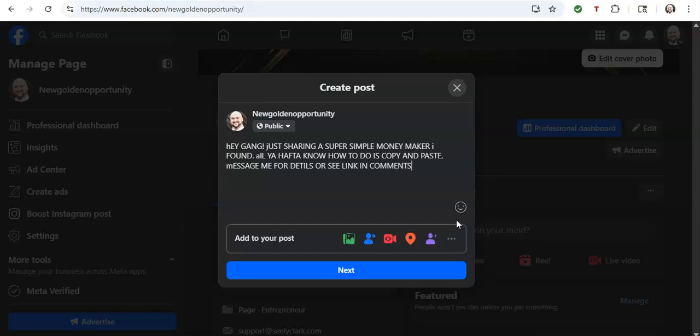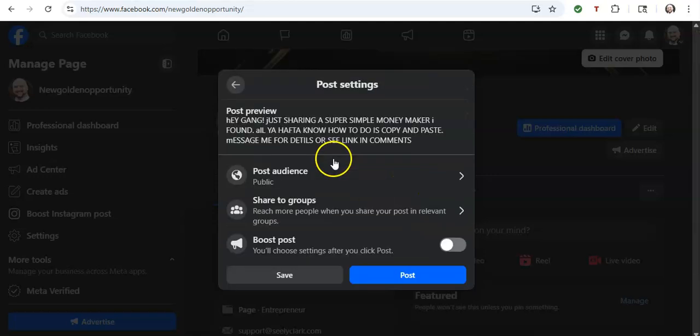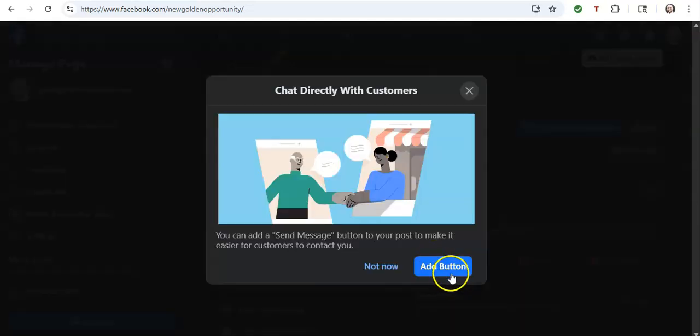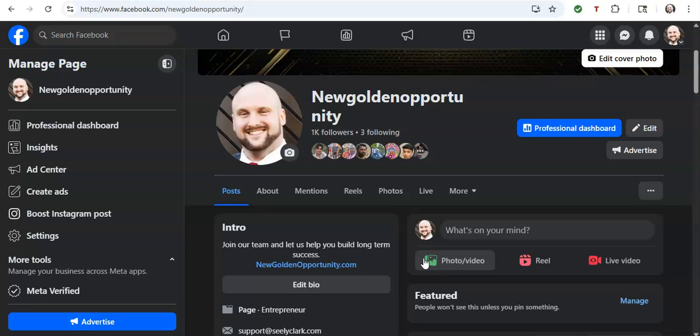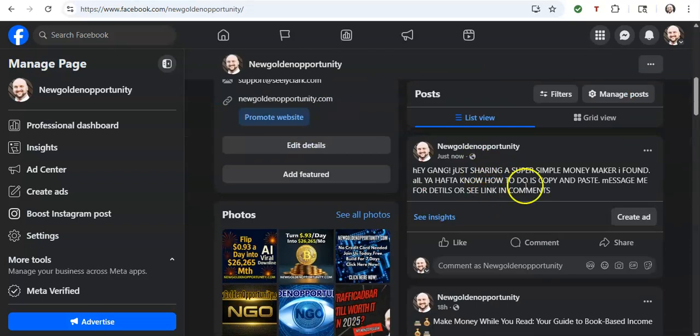Holy crap. Look what I did. I don't even care. It's all capitals because I wasn't paying attention. See? Even if you don't know how to type, it works. So I'm going to hit next. I'm going to hit post. So it's posting. Then once your stuff is posted right here,